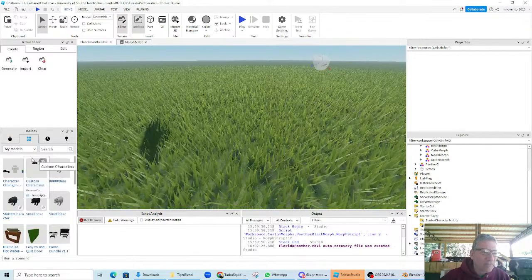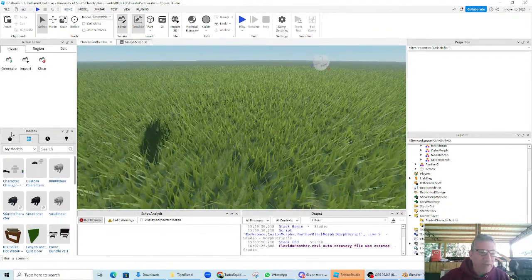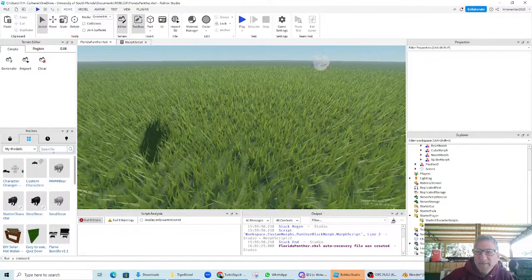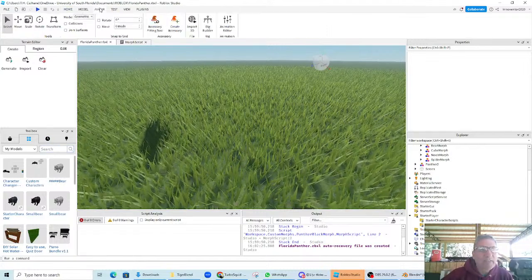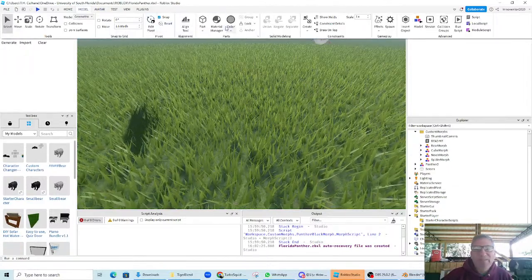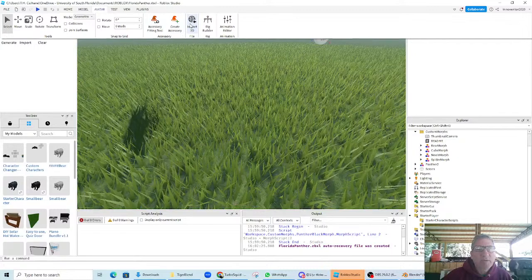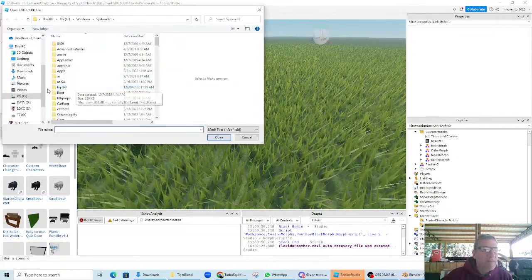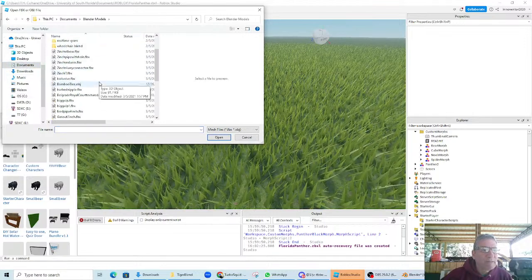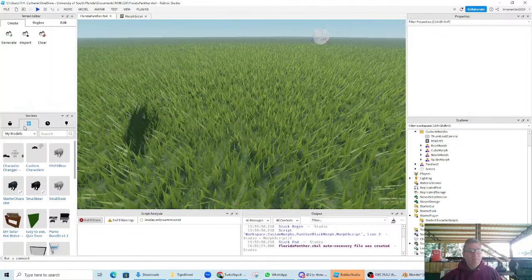If I go to my own stuff, my models, how do you import again into Roblox Studio? I seem to have forgotten how to import. I think you go to Avatar or Model. Maybe it's Model. And if it's not Model, then it is Avatar. And you go import 3D file. And then we need to find under models, and find the Tiger, open it,